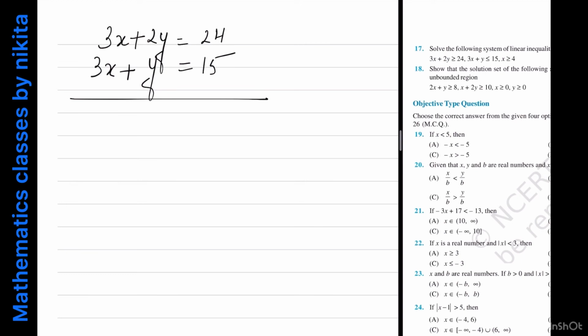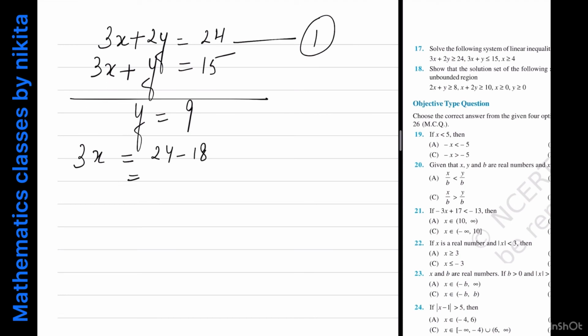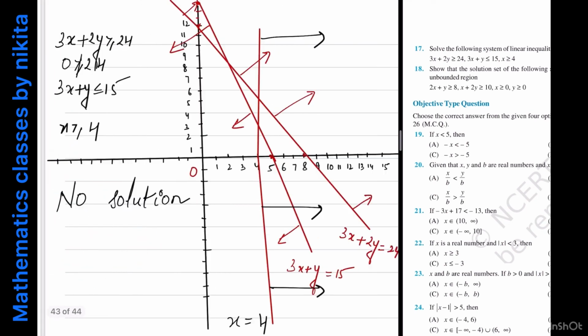You will get y equal to 9, and if y is equal to 9, just put y equal to 9 in any one of them. Suppose I put in equation 1. So what will I get? 3x is equal to 24 minus 18, which is equal to 6. So x is equal to 2. So therefore the point of intersection is (2, 9). So (2, 9), this is the point